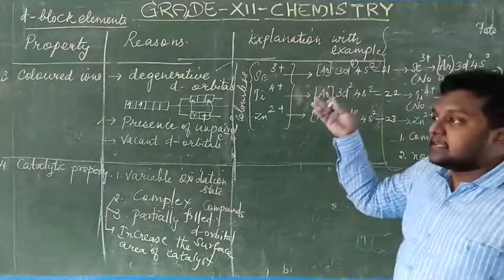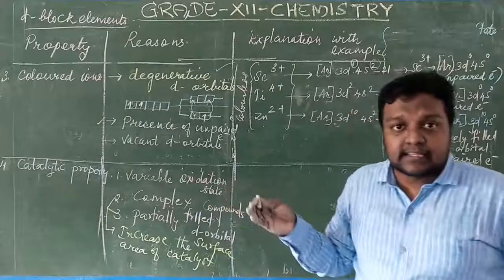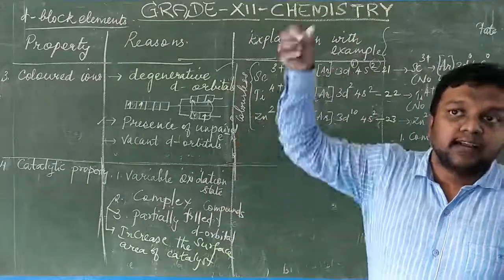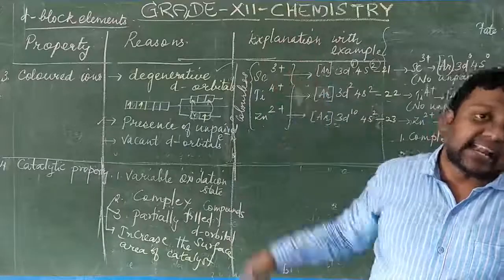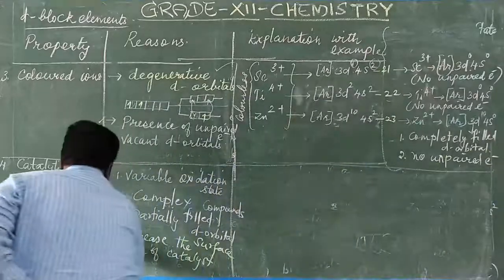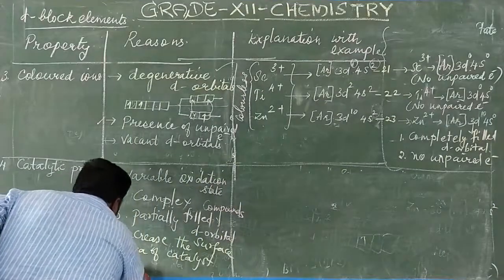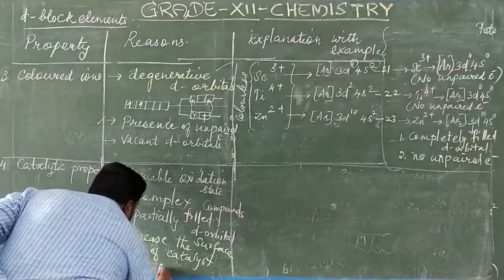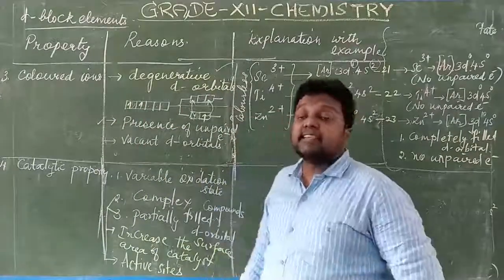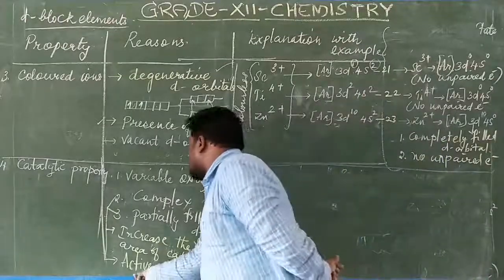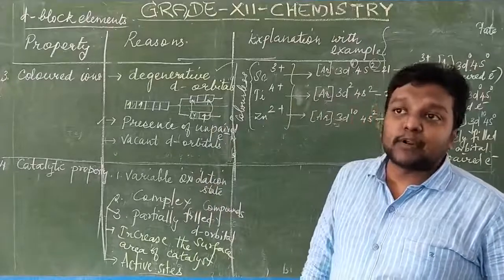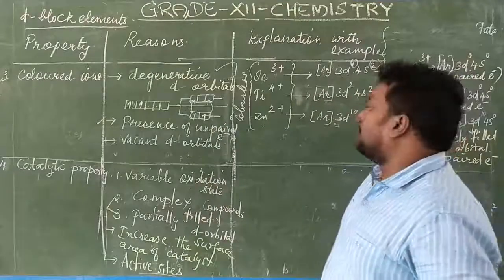When the surface area is widened, then obviously it enables the reactant molecules to come and attract on its surface to get fixed towards the surface of the catalyst. Then similarly, the active centers also will get increased. Active sites or active center. So increased active sites, or otherwise we can call it increased active center, where the reactant molecules can go and form a temporary bond with the catalyst.